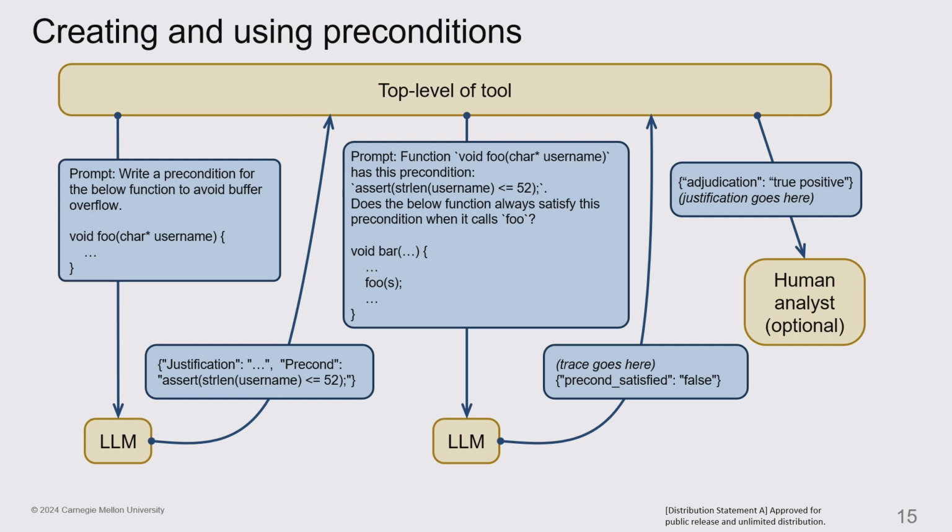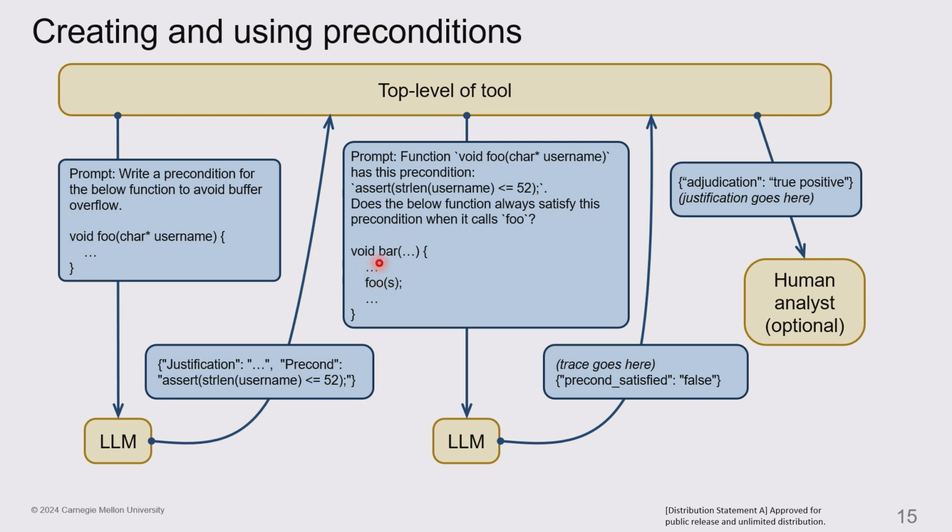So we have a top-level tool. Let's say that we want to adjudicate an alert in this function foo. So we give the LLM this function foo and ask it to generate a precondition for avoiding the flagged buffer overflow. And then the LLM comes back and says, well, the precondition is that strlen of username must be less than or equal to 52. Then our tool takes that, looks at the callers of this function foo,